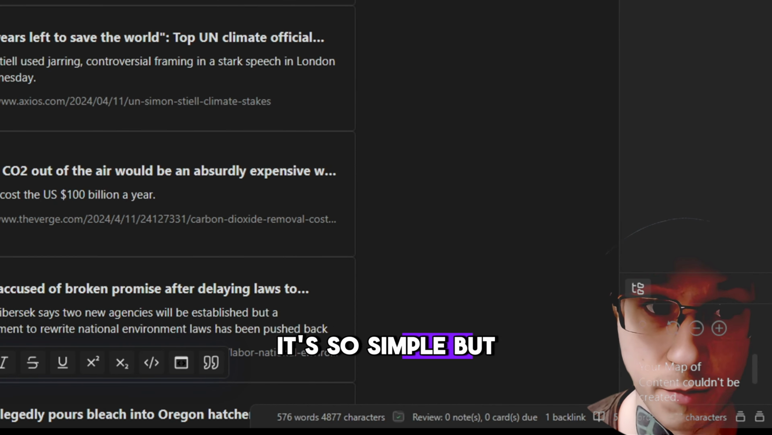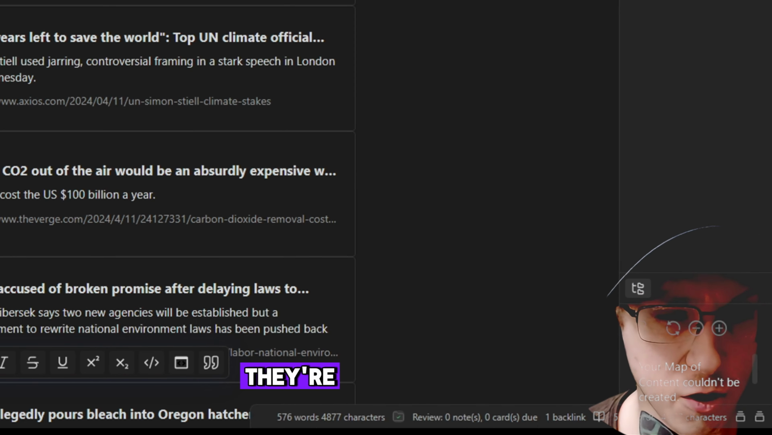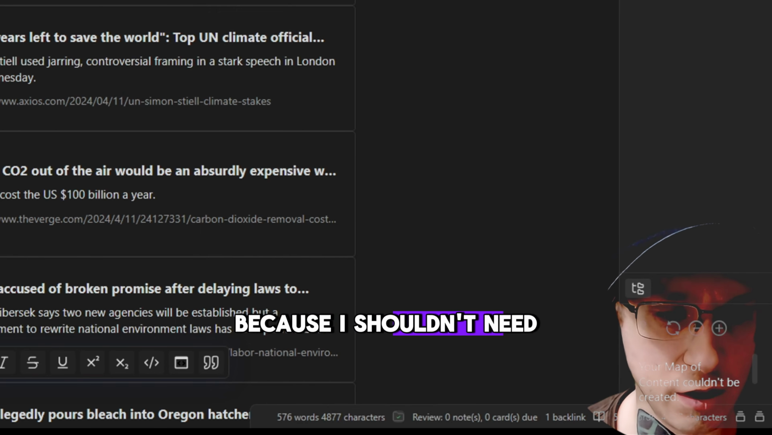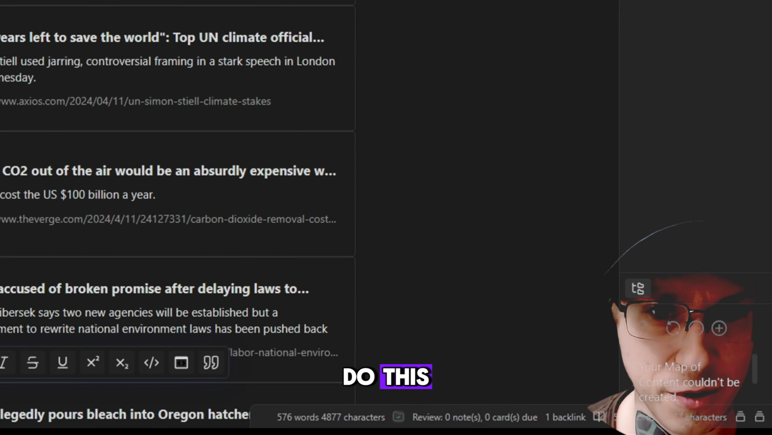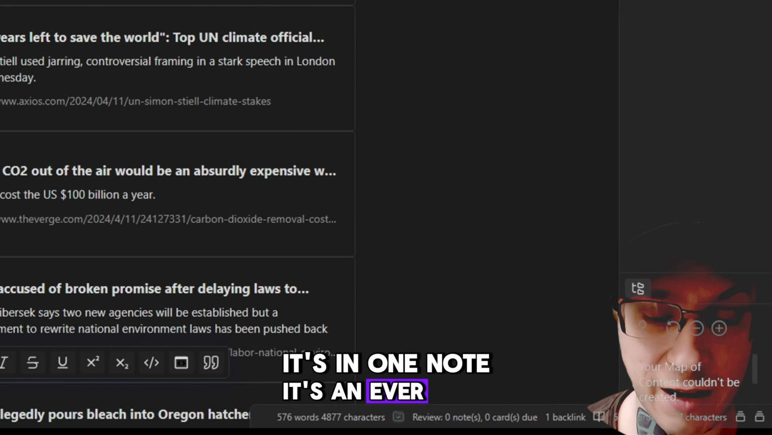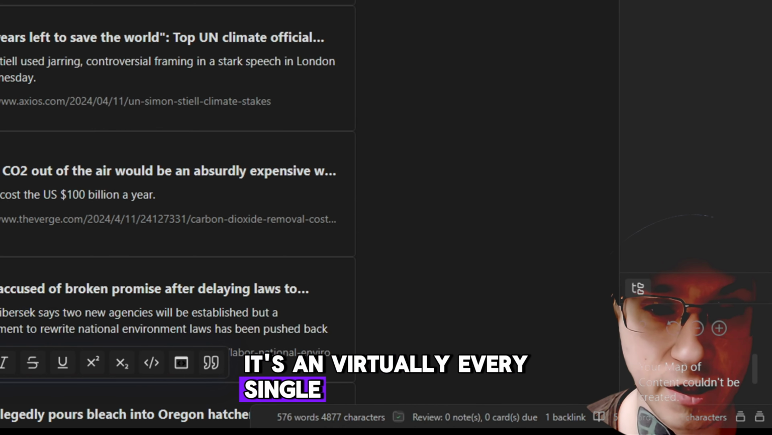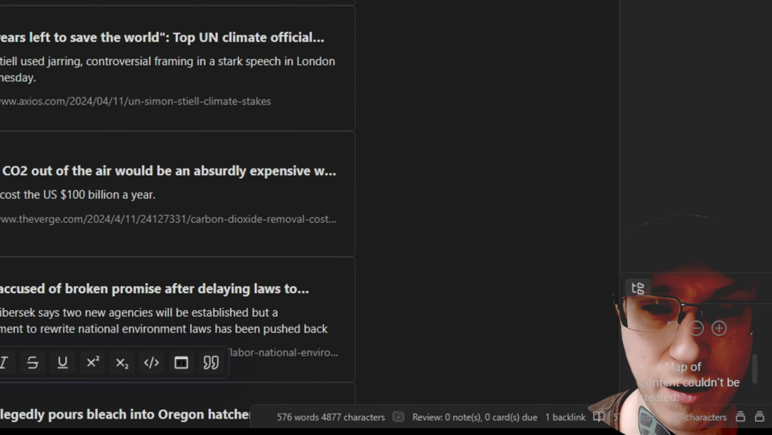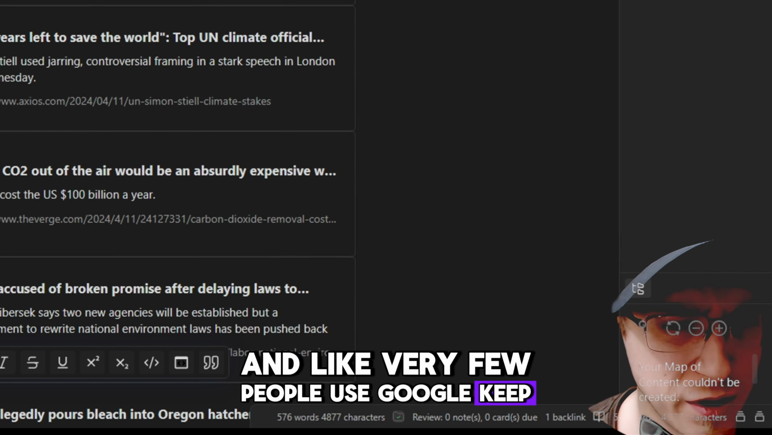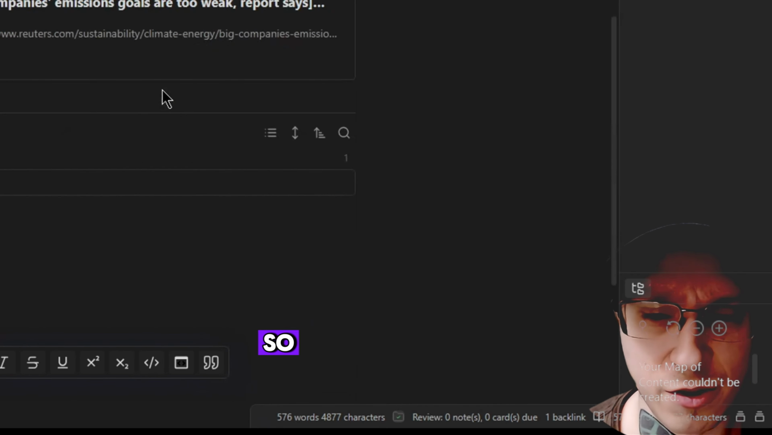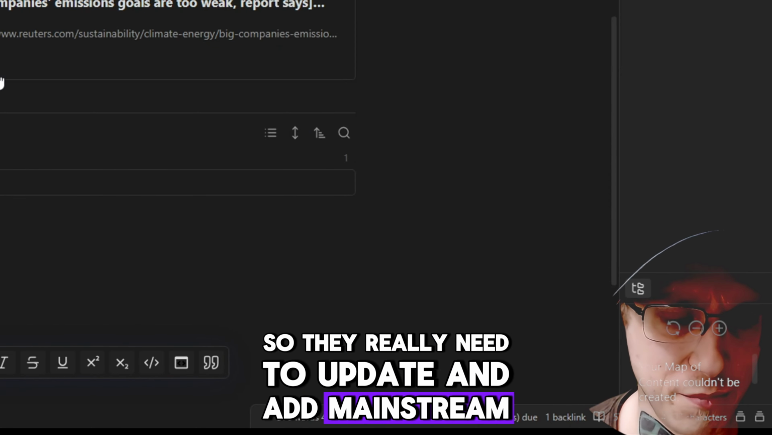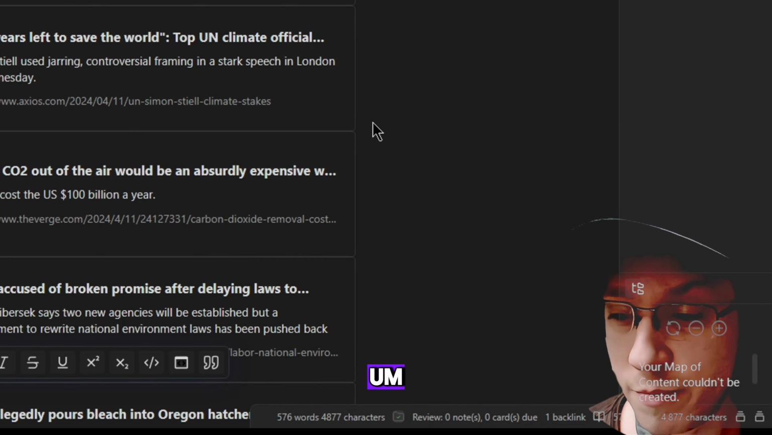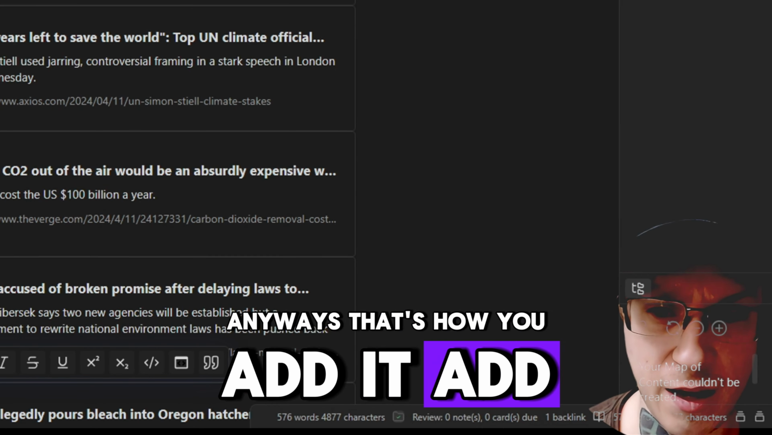It's so simple, but with Obsidian, for some reason, they're quite outdated, and they really need to fix their stuff because I shouldn't need an add-on just to do this. It's in OneNote, it's in Evernote, it's in virtually every single note-taking app. I think even Google Keep has it, and very few people use Google Keep, but even it has it, you know. And so they really need to update and add some of these features to the mainstream. That's ridiculous. But anyways, that's how you add and fix